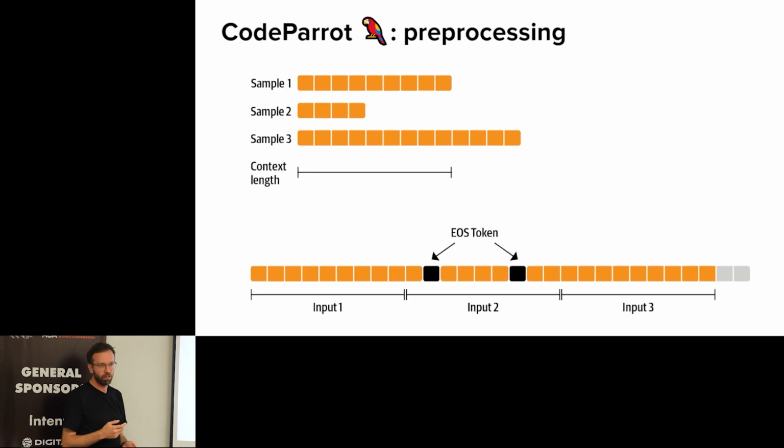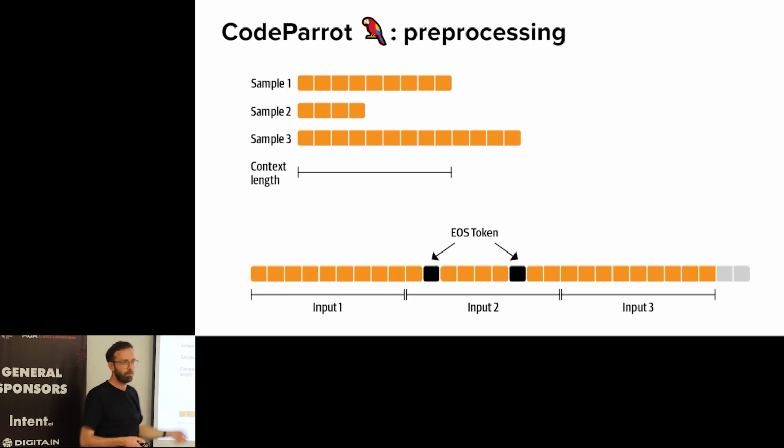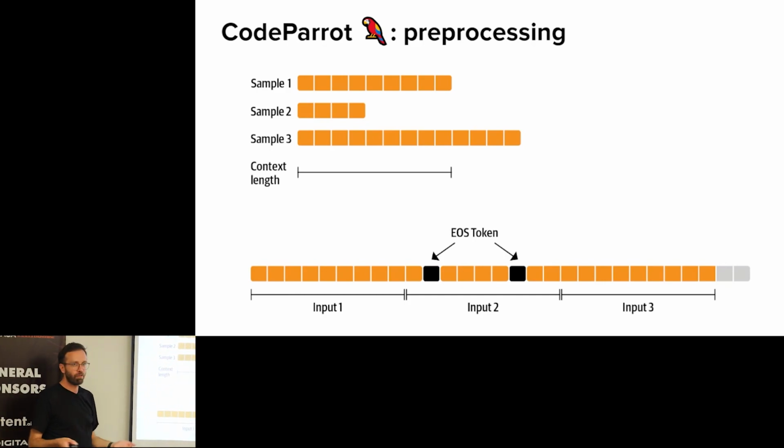But that's wasteful in two senses. In the padding sense, you do a forward pass even on the padding tokens, so you use a lot of compute for nothing, because you mask it out later anyway. And if you truncate, you get rid of all the file endings of long files. Maybe you get some kind of bias with that, and you also get rid of data that you could potentially use. So a trick you can do is tokenize, and then concatenate many samples